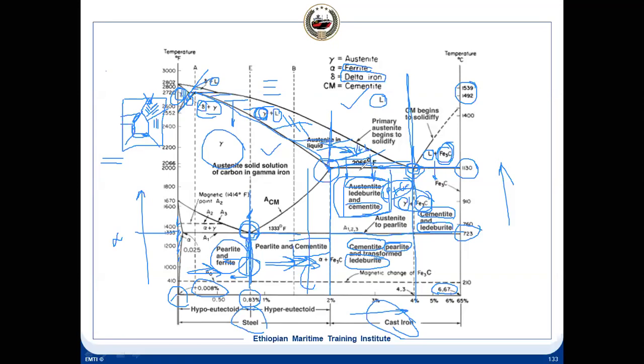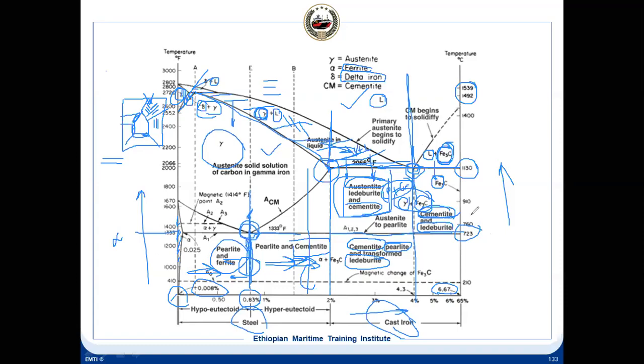No, okay. Okay, sir. And on this side the gamma will not exist. It will be liquid plus carbide. And then on this side, after that it becomes completely solid, but that solid will be cementite. This is the cementite. And then ledeburite. Ledeburite is a transformation from the austenite, or this liquid also will become a transformation to ledeburite. Ledeburite is nothing but a mixture of pearlite and cementite.